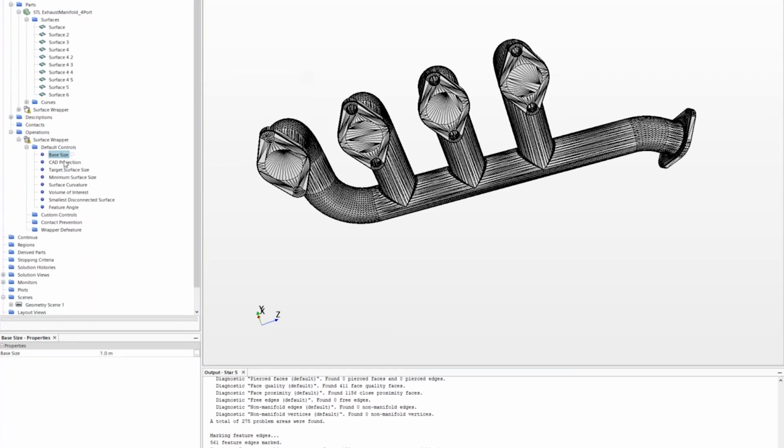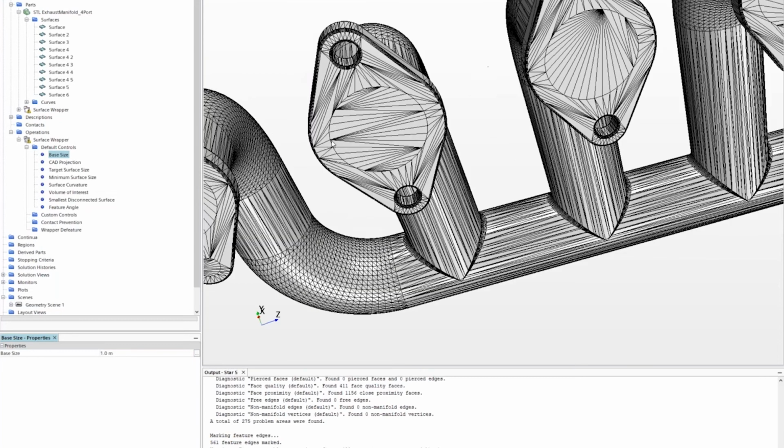You provide it a base size. Based on the base size, it's going to create a mesh and create minimum surface cell sizes. We have options down here for custom controls to refine in certain areas and then look at ways to prevent contact or defeaturing with the wrapper. For now, we want to set a relevant surface size. If we bring up our tool and measure the ID over here, we see we've got about a 35 millimeter ID, so we could set this to maybe 10 or 15